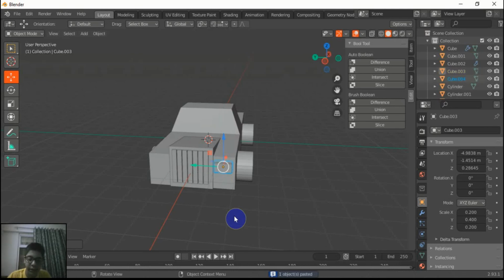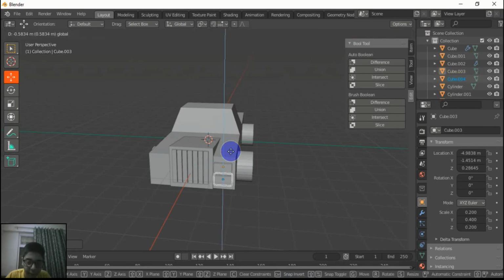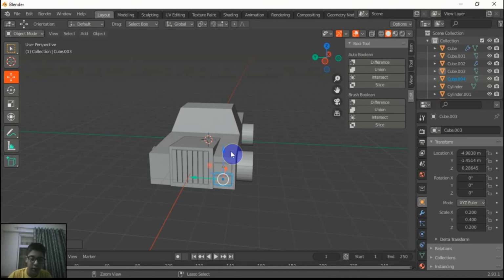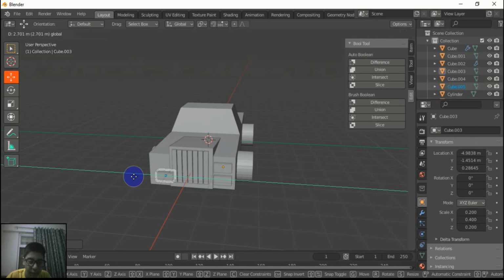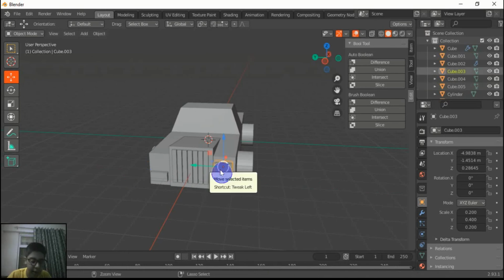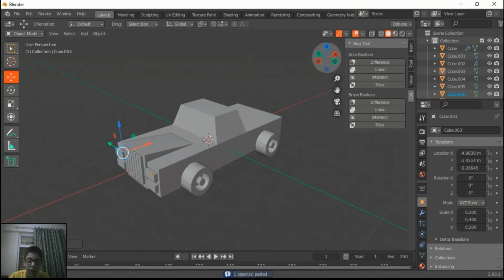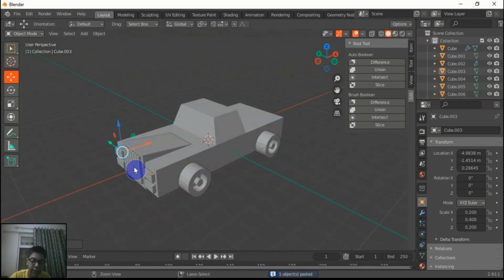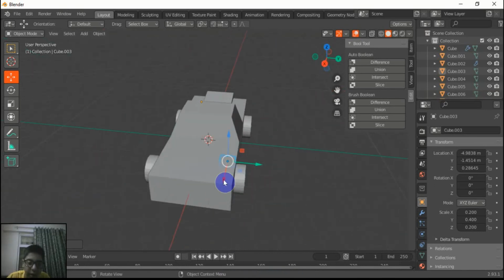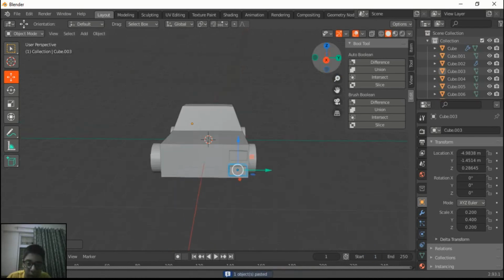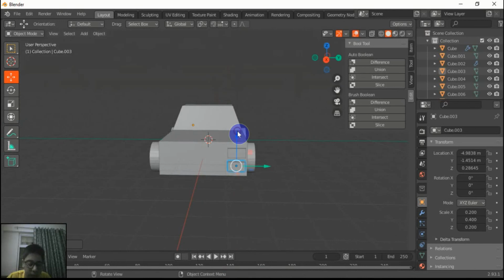Press Ctrl C and V. Again press Ctrl C and V. Select this one and again press Ctrl C and V. Now for this also press Ctrl C and V and move it backwards, because same dimensions are for tail light also.